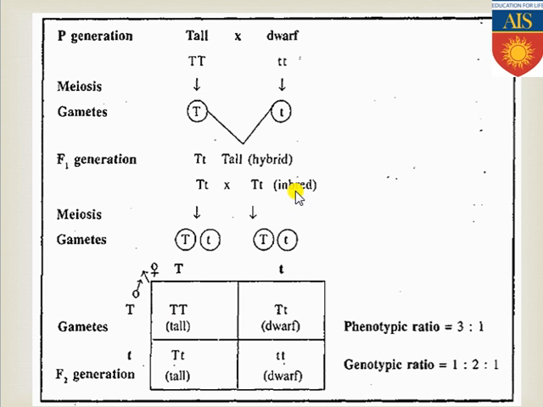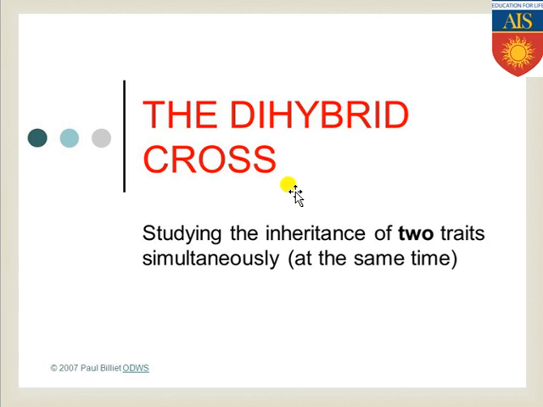Now after the monohybrid cross, there is another type of cross, and that is the dihybrid cross. Same thing. In case of monohybrid cross, what have we taken? We have taken only one gene and its two alternative allelic forms, and we have done the cross. But here, keep it in your mind, in case of dihybrid cross, we need to take two different genes and their two pairs of allelic forms, that is four alternative allelic forms, and after that we need to cross them. So this is commonly known as dihybrid cross.